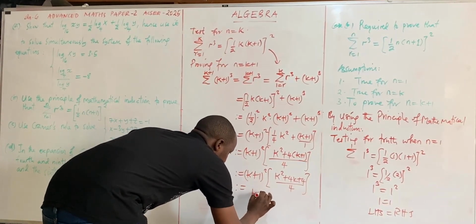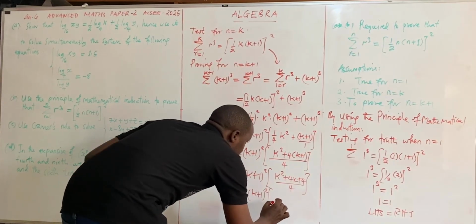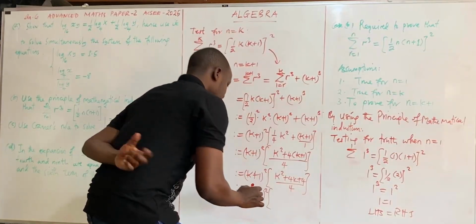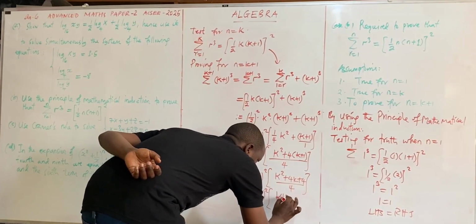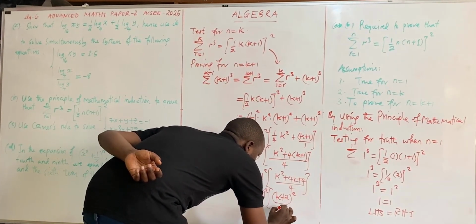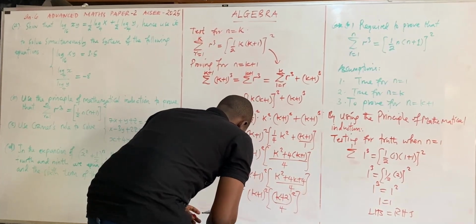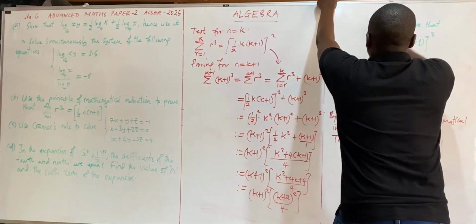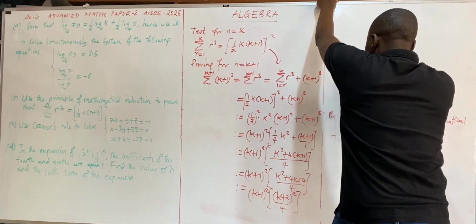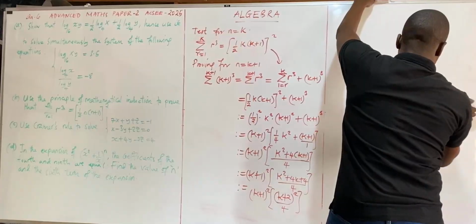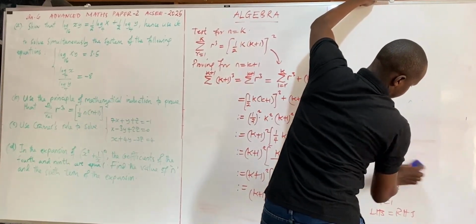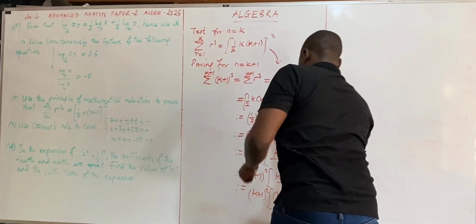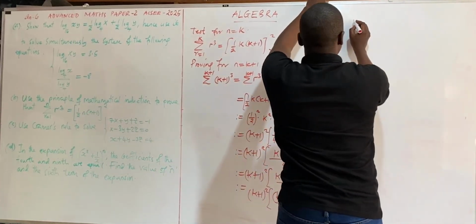So that is (k plus 1) squared. But this one is a perfect square. If you try to factorize, you'll get the same factored square. That is (k plus 2) squared, over 4. So after getting that one, now we proceed as follows. So that becomes